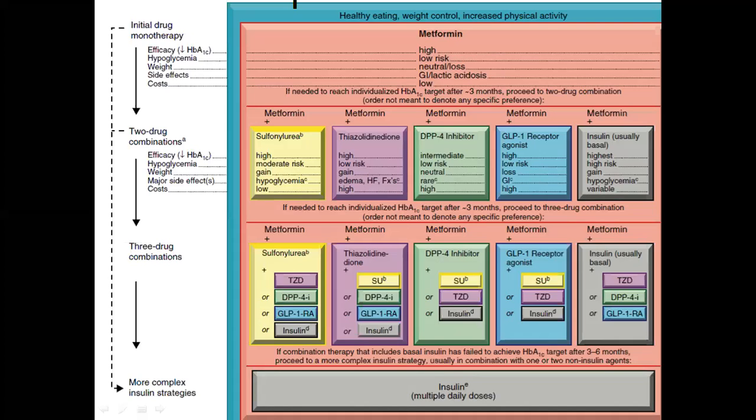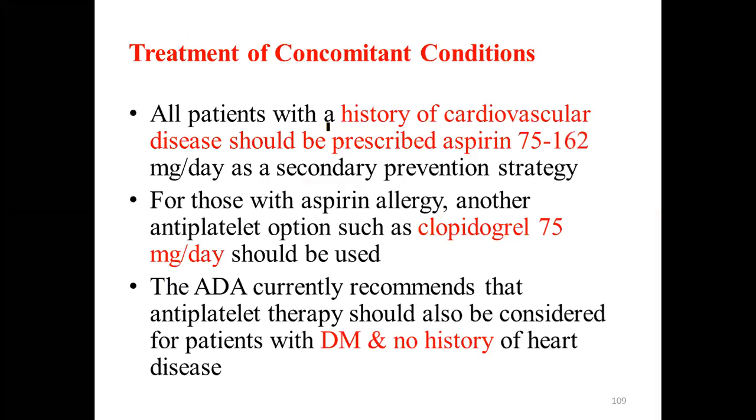So depending on the glycated hemoglobin or the sugar level, we can consider combination therapy with 2, 3, or even insulin. That is when we actually give insulin, but it is usually given as a last resort because of the risk of hypoglycemia. Okay, so this is all about the principle of the management.